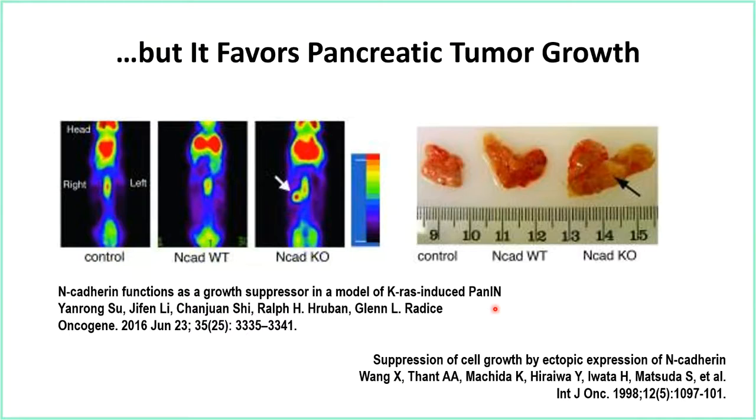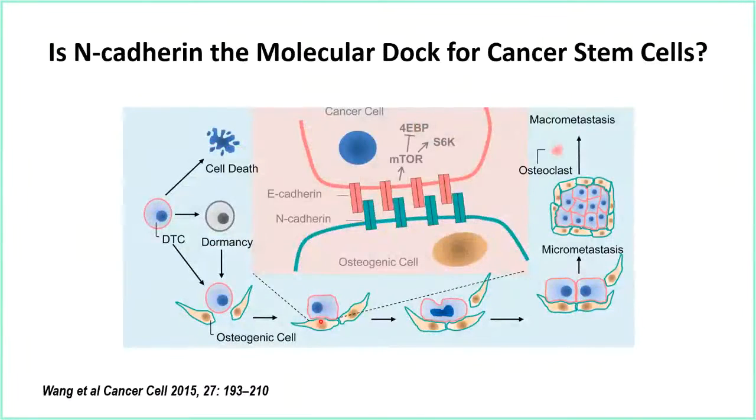For example, in pancreatic tumors, removal of N-cadherin actually favors pancreatic tumor growth. And I wanted to draw your attention to the point that these preclinical studies were done using a genetic model whereby N-cadherin was deleted specifically in pancreatic cells. So this is proof that N-cadherin can have different functions, perhaps depending on where it's expressed. So based on this